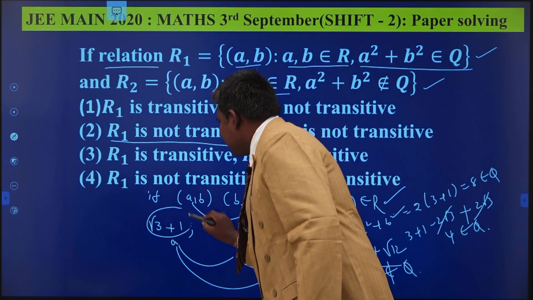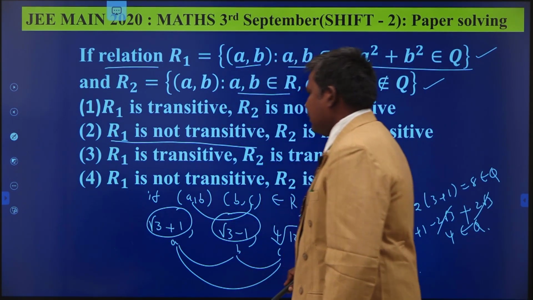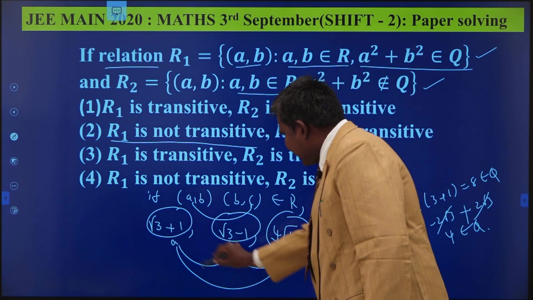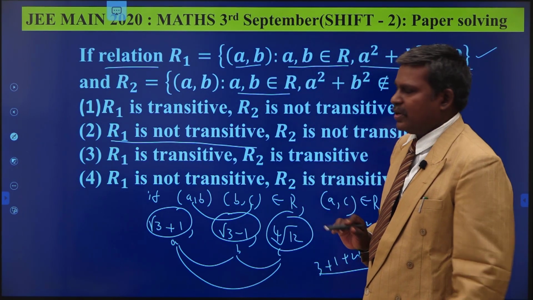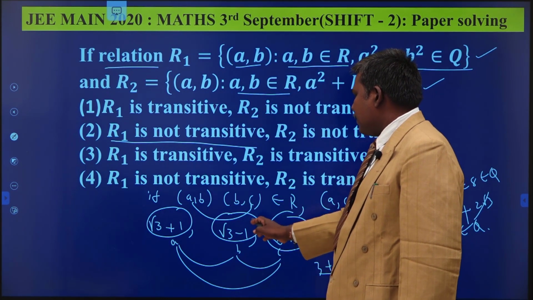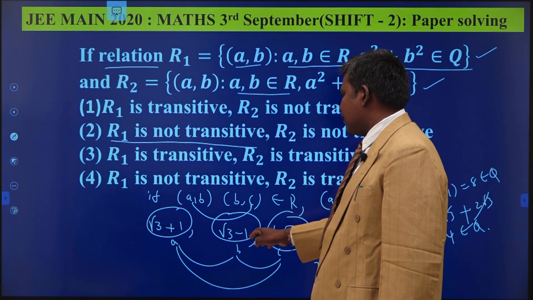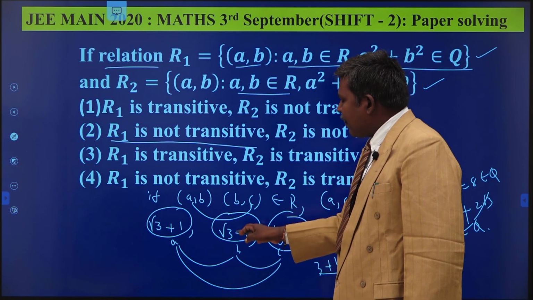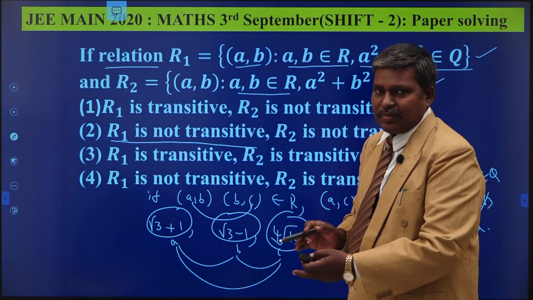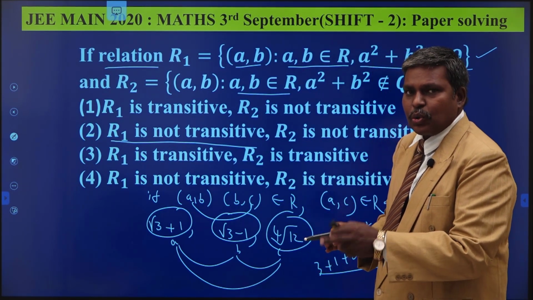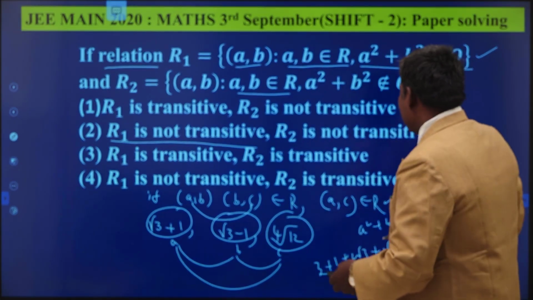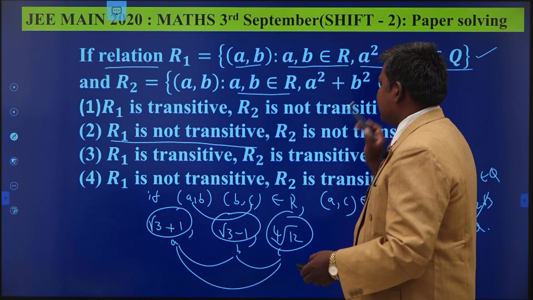So how to get this type of thought? You have to match up numbers such that two of them, squaring and adding, belong to Q, another pair's squaring and adding also belongs to Q, but the third pair's squaring and adding doesn't belong to Q. Such an arrangement you have to think of. So why should I take the fourth root of 12? By squaring itself, what do you have? 3 plus 1 minus 2 root 3. To remove minus 2 root 3, I have to add 2 root 3, which is the square of some number. The square of some number means root of root 12, so you have to take the fourth root of 12. In this manner, we can show that R1 is not transitive.